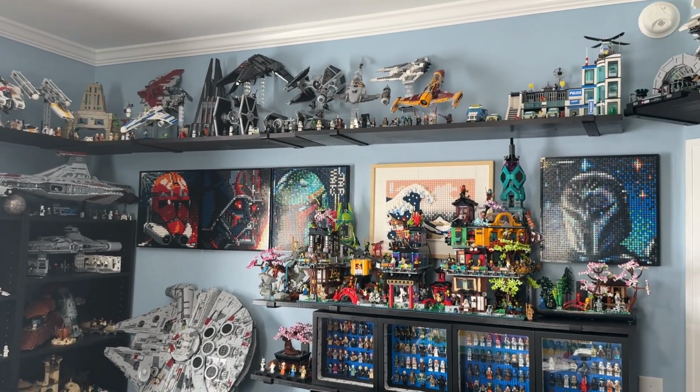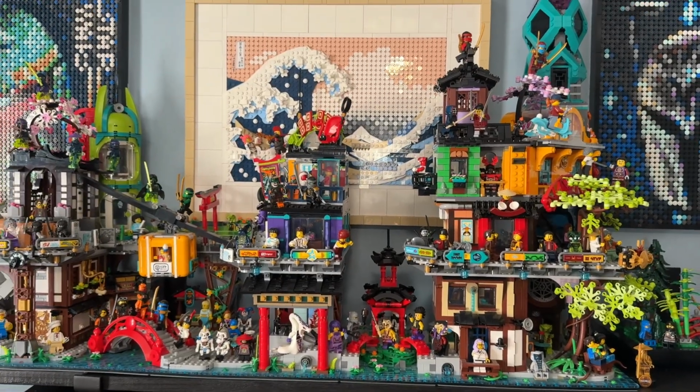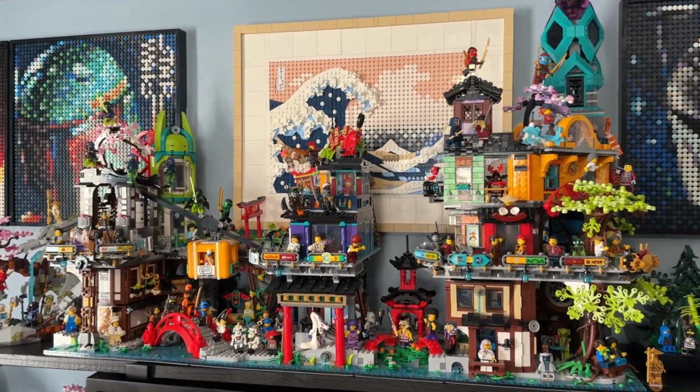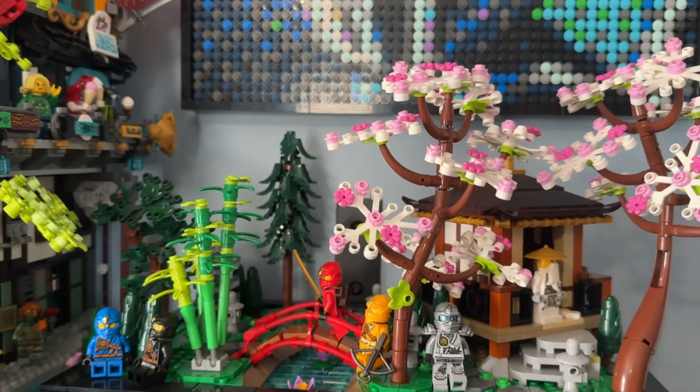Today I thought it'd be a fun idea to take a look at one of the more overlooked parts of my LEGO collection, which is definitely my LEGO Ninjago collection. I used to collect a lot of this as a kid, and recently I've kind of gotten back into the theme, so let's go ahead and take a look at some of my Ninjago and Ninjago-style